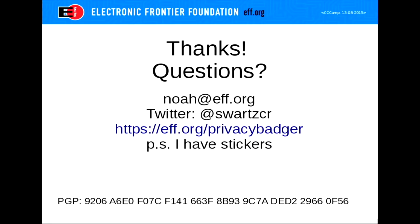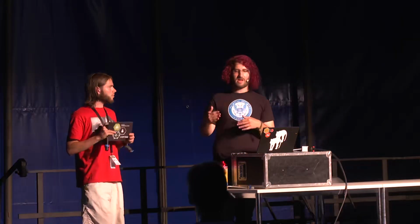Are these do not track policies audited or verified in any way? Yeah, so EFF posts one on its website, and Privacy Badger has a list of hashes of acceptable ones. And then when the website hosts it, Privacy Badger checks the hash it has locally against the hash of the one hosted on the remote website, and if they match, then...